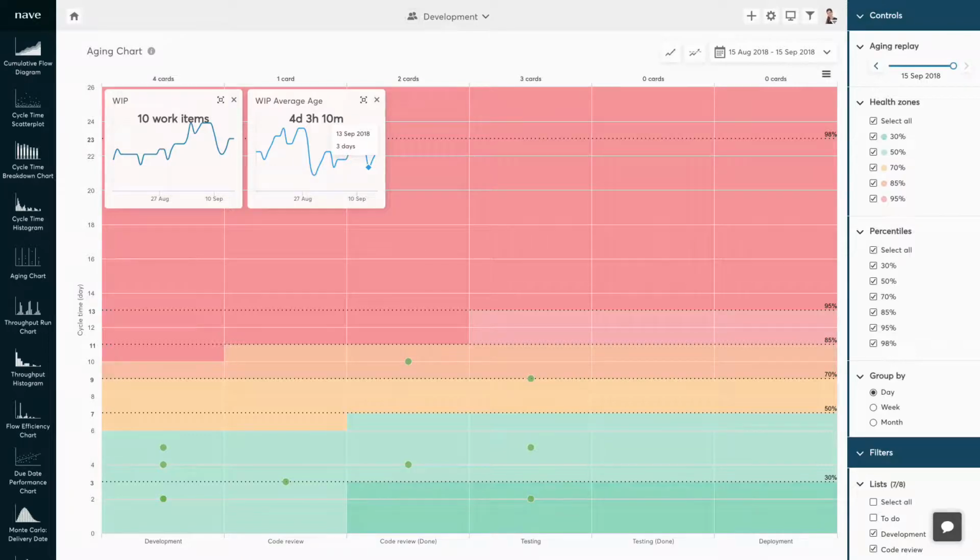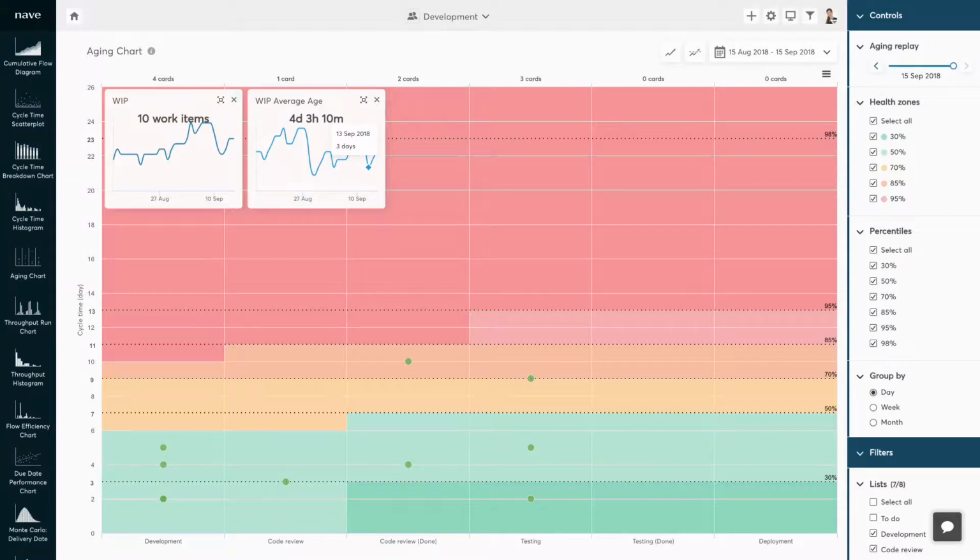The average age of WIP and cycle time are essentially the same metric, only cycle time is measured against completed tasks, whereas the age of a task is a measure concerning tasks that are still in progress. If the average age of your WIP stays roughly equal on a daily basis, then its trend line will be linear, neither increasing nor decreasing over time. This means that you are maintaining a stable system.